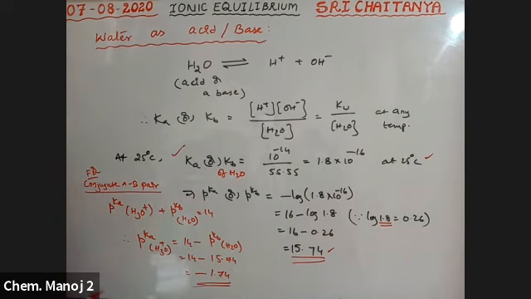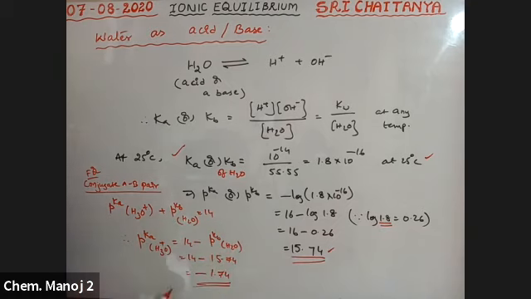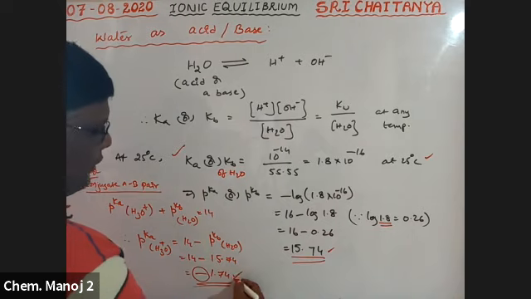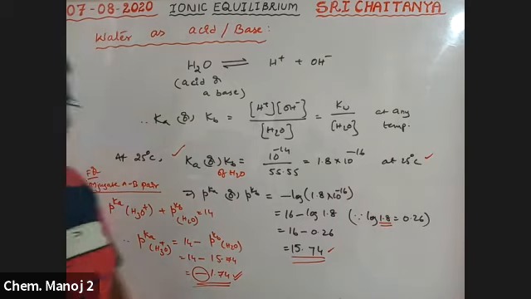Now for a conjugate acid base pair, I am trying to calculate pKa values. pKa of H3O plus plus pKb of H2O is equal to 14, because H3O plus and H2O are a conjugate acid base pair, therefore pKa of the acid plus pKb of its conjugate base is equal to 14. So pKa of H3O plus is equal to 14 minus pKb of water. We just calculated pKb of water as 15.74. Therefore, that gives a negative value, boys. pKa of H3O plus is equal to minus 1.74. This is very, very important.